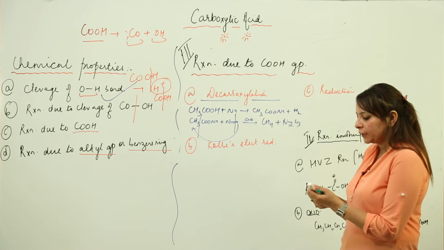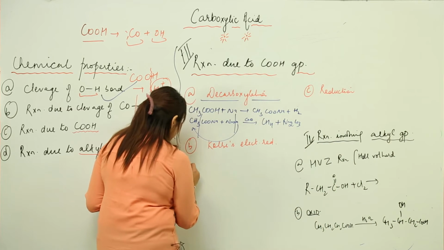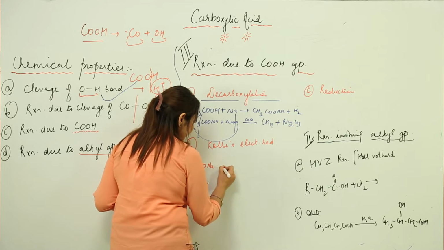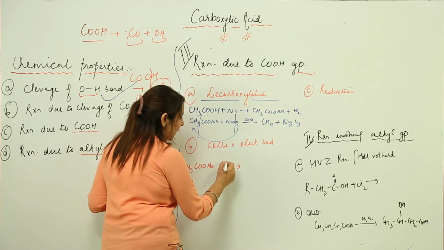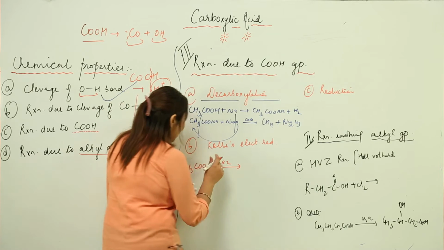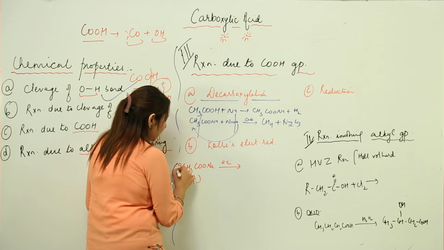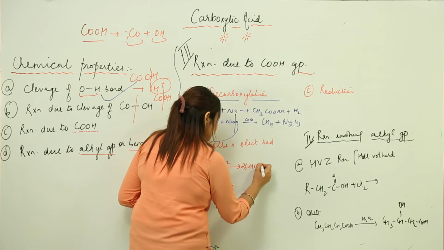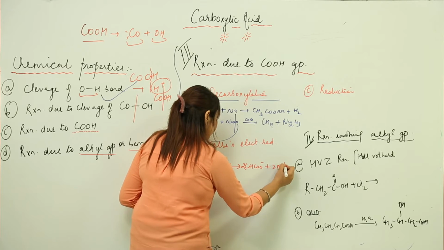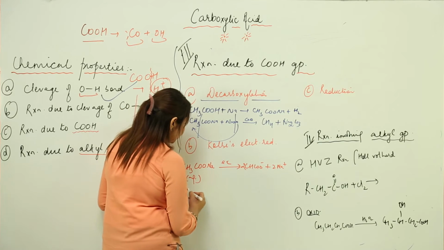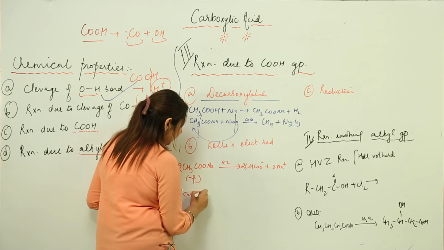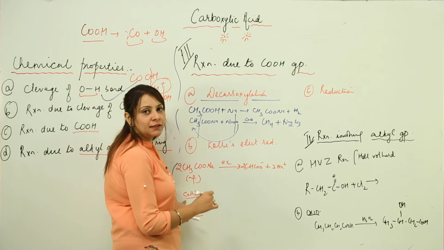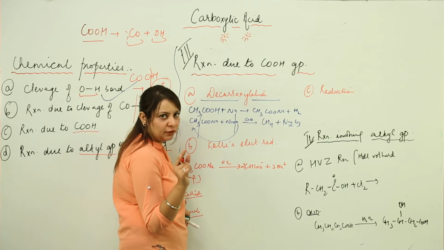Second is the Kolb's electrolytic reaction. In this I am going to take sodium acetate, right. I need to pass electric current. It is an aqueous solution actually. So let us take 2 moles. It forms 2 moles of acetate ions and 2 sodium ions. As it is an aqueous solution, you are going to get the reaction at cathode and anode as a result of electrolysis, but you know that the reaction takes place according to the discharge potential.